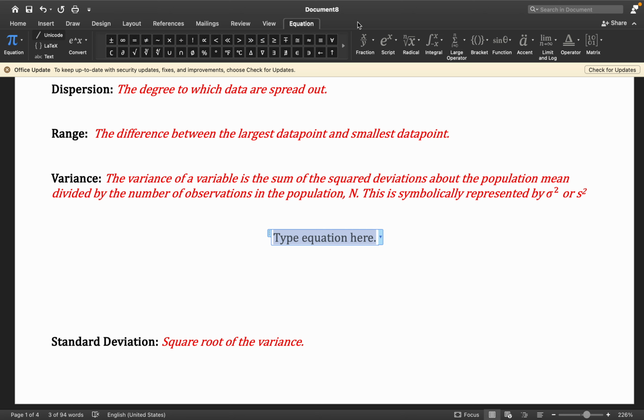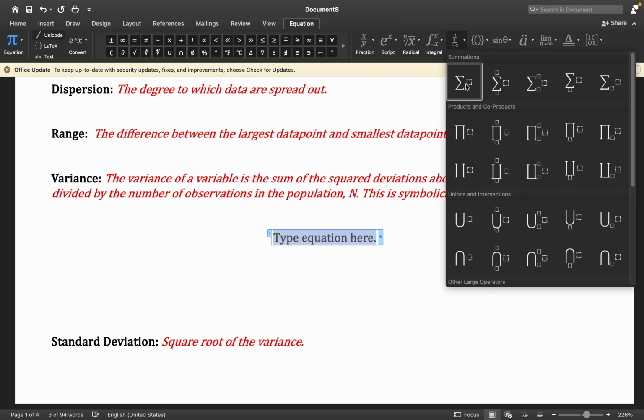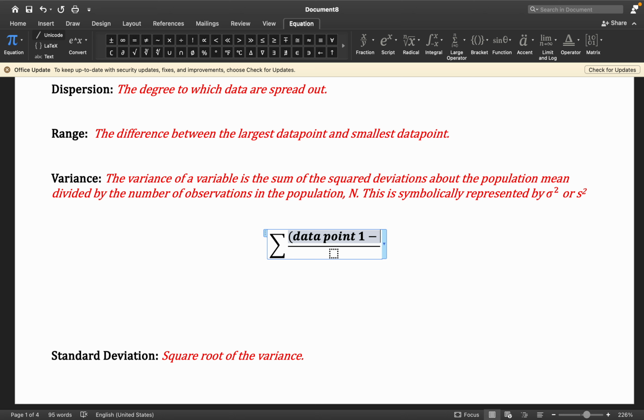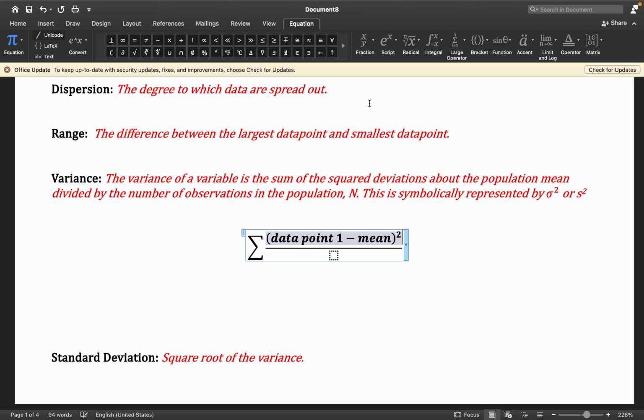What does that mean? That looks kind of scary. There's a lot going on there. But really, what are we doing? We're taking the sum of, we're going to take what we found, maybe our first data point, and we're going to subtract the mean, whether it's the population or the sample mean. I'm going to square that. And then I'm going to add up